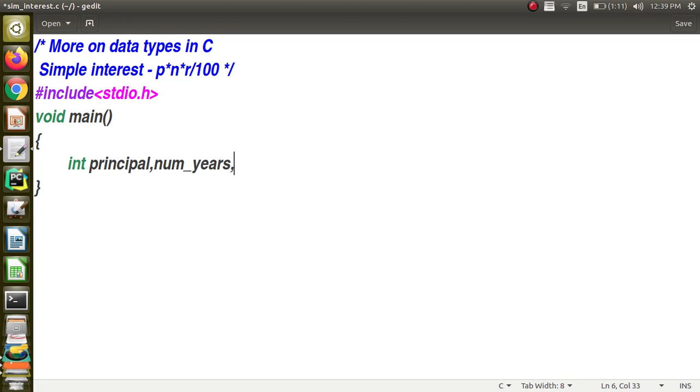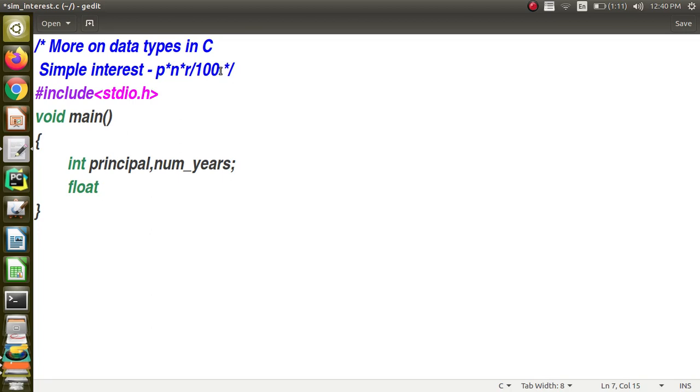When you look at the rate of interest, it can also have a decimal point. For example, 7.5 may be the interest rate, or 11.2, something like that. In C language, when you are going to have a decimal point, you have to have a real type of data. Looking at the possibilities, the smallest is float.